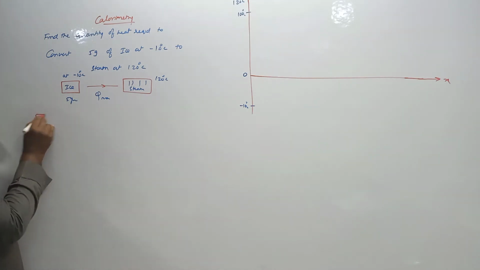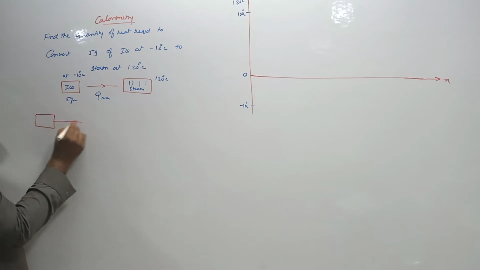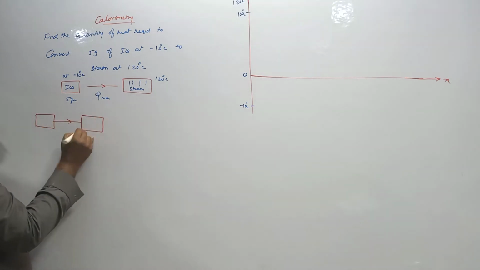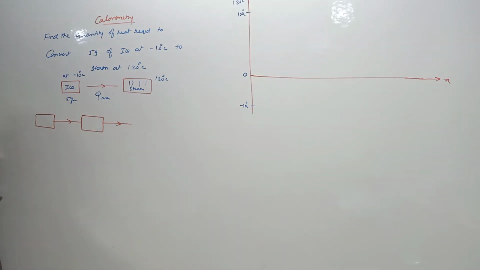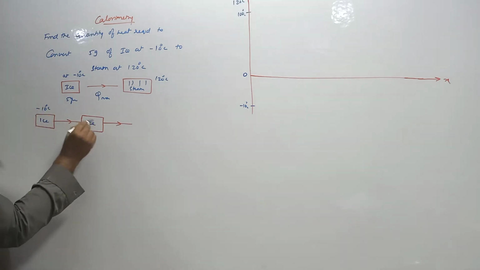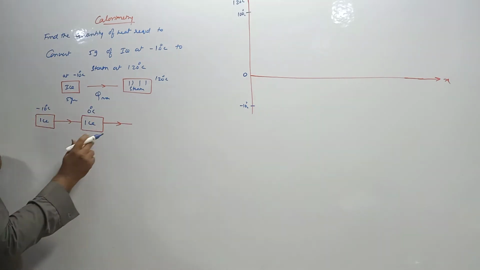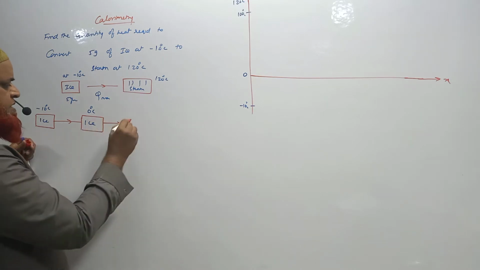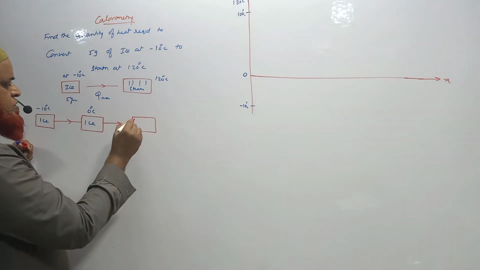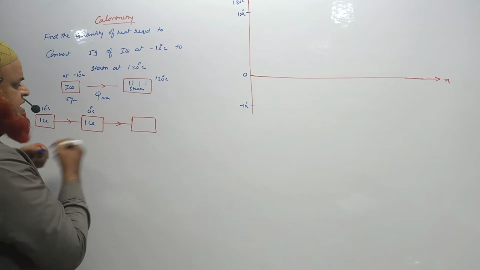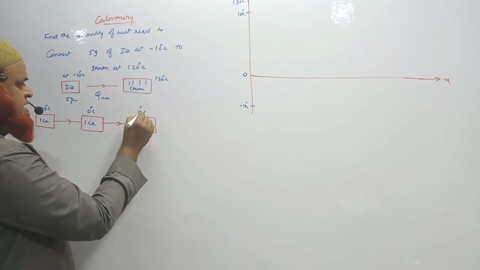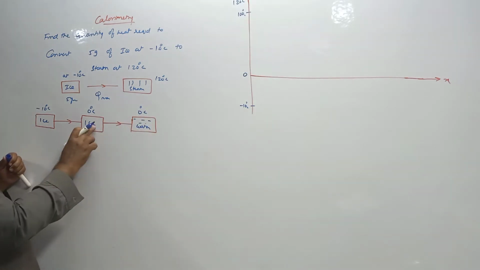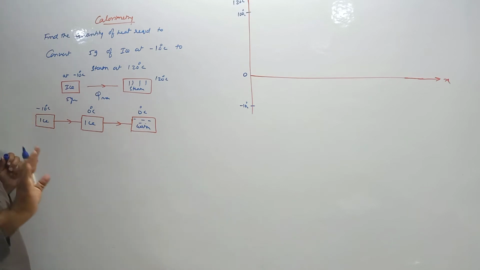First stage is ice. Second stage. Okay, so let me discuss about each and every stage now. This is ice at minus 10 degrees Celsius. Again it converts into ice at 0 degrees Celsius. Okay, now when ice is again heated, what happens? It converts into water, and water is also at 0 degrees Celsius only. So during the conversion of ice into water, temperature is not going to change here.